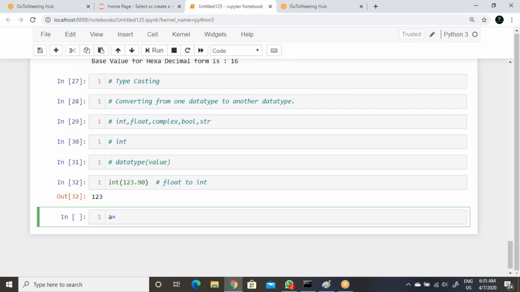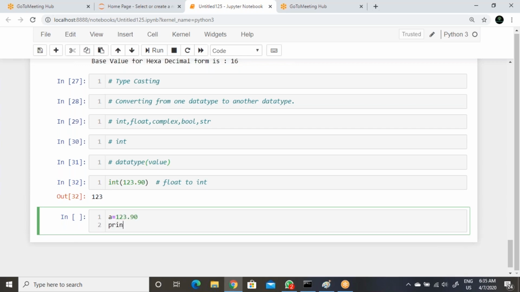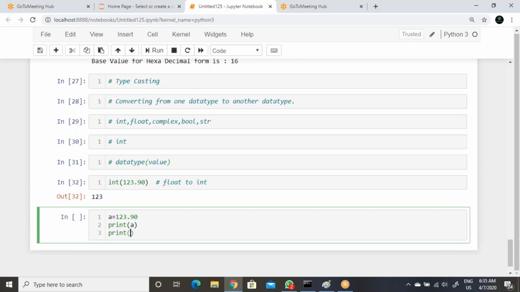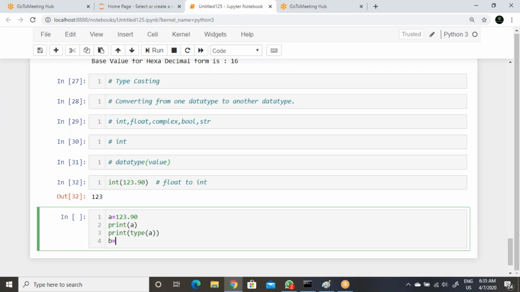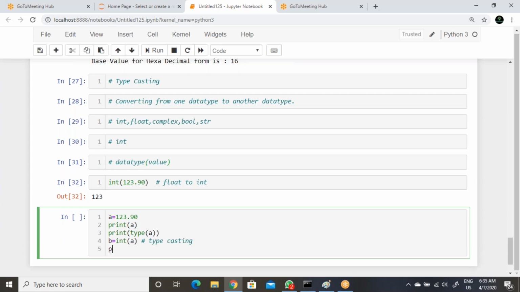Then after converting, print of b, then print of type of b. Now execute. See, the value we have given is a float value. After typecasting it's converted into integer.